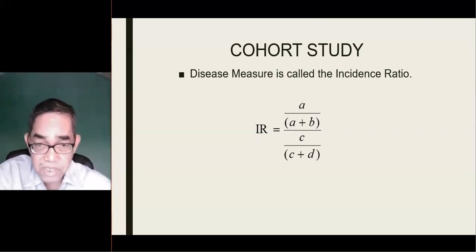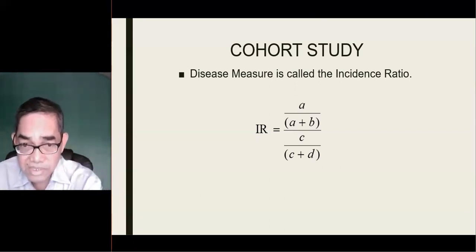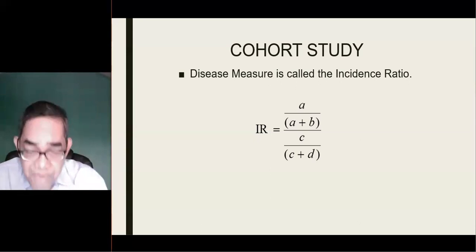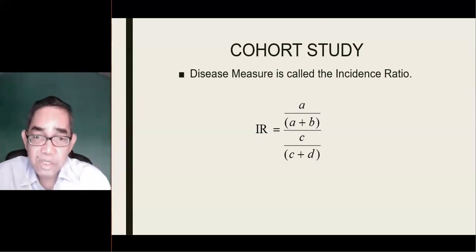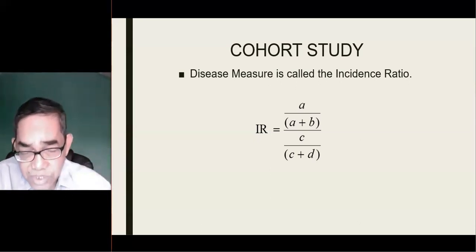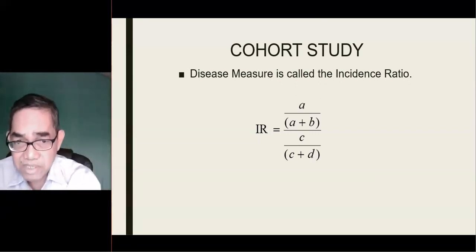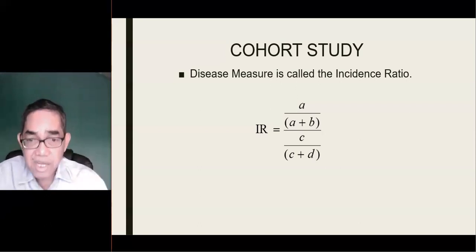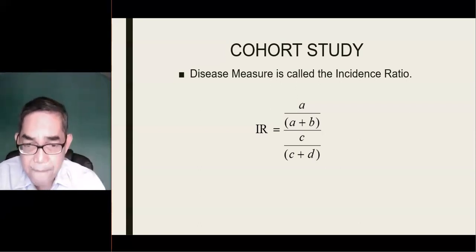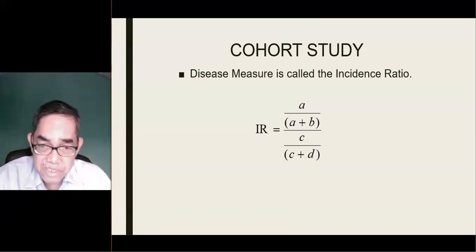The exposure precedes the disease. That's in a cohort study, and that is what we really want to have. To determine the relationship, the exposure must precede the disease, and a cohort study does just that. Okay, again, if the numerator is lower than the denominator, so fewer people who are exposed will develop the disease,